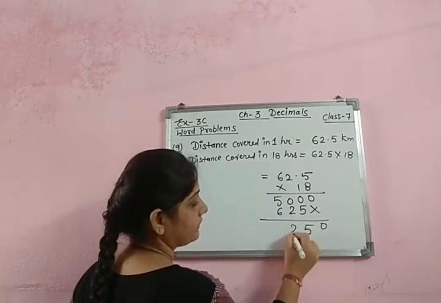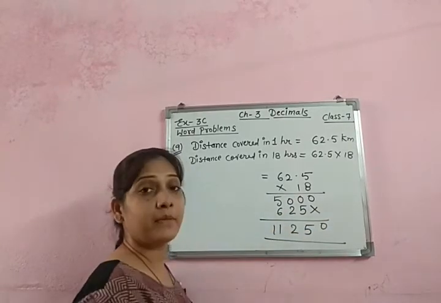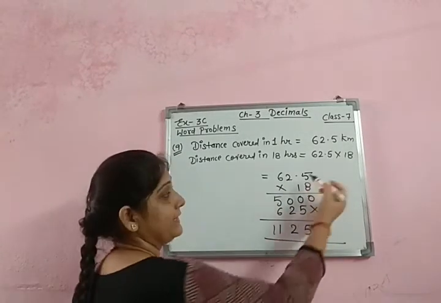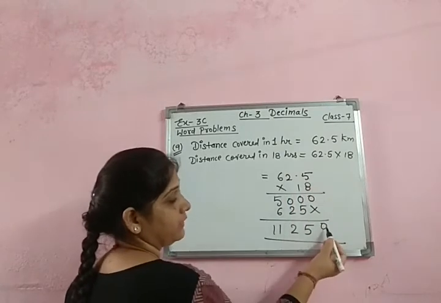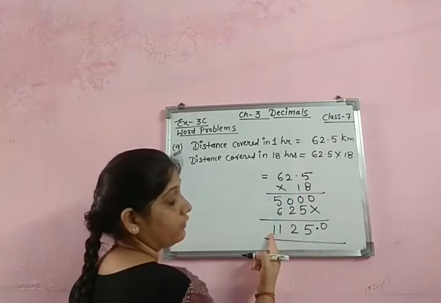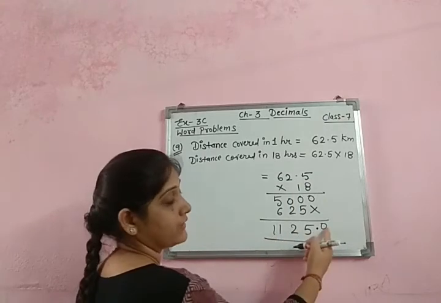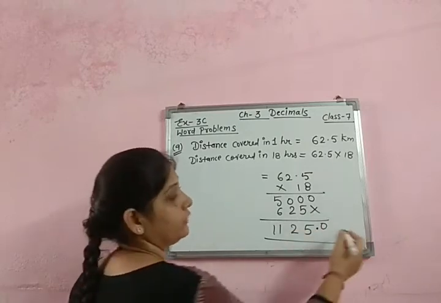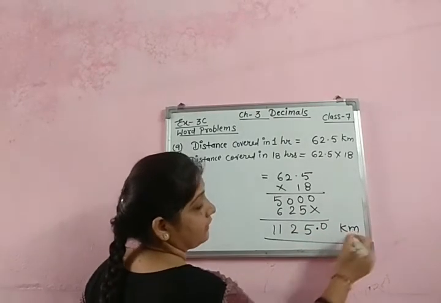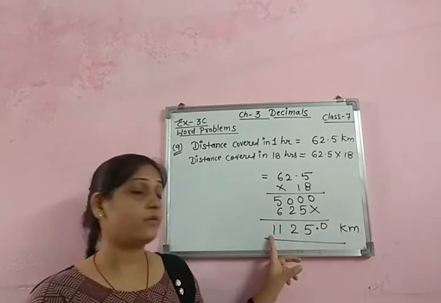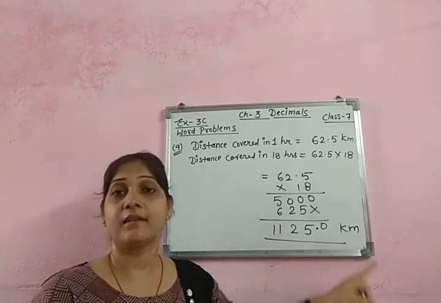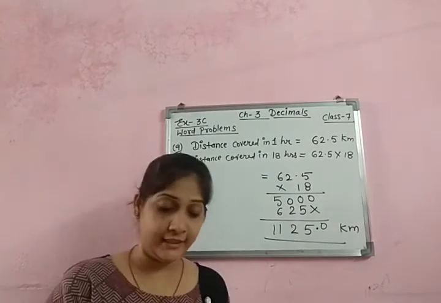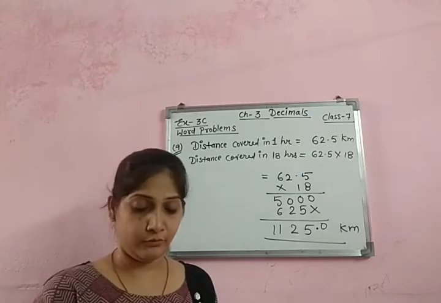Now just to add, I get this number by addition. Now I have to put the point. You have to see that the second number is a whole number, so no point is there. And in the first number, there is one decimal place. So count 1 place and then put the point. So 1125, because the 0 after the point can be avoided. It is negligible. After the point, the 0 does not have any value. So this is the distance. Please write your answer with the unit. 1125 kilometers distance covered in 18 hours by the bus. I hope this question is clear, because the next one you should do yourself.